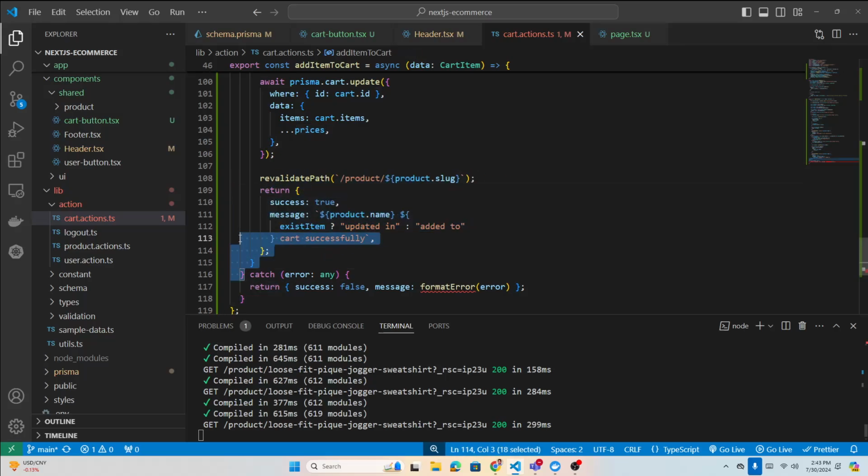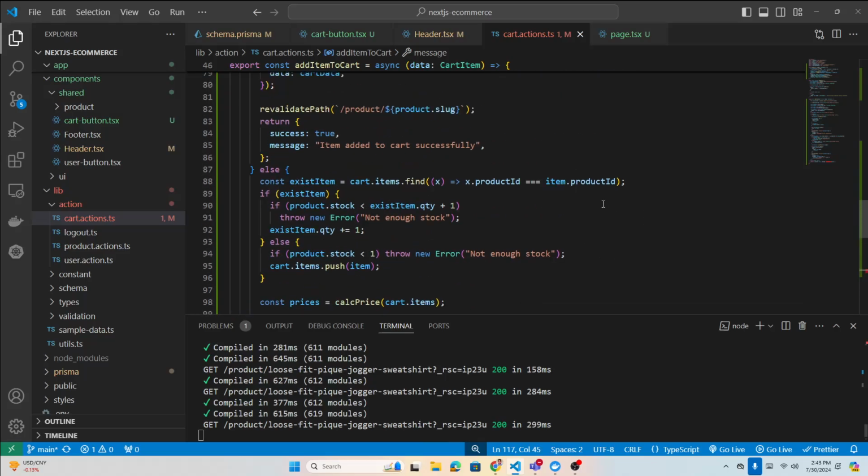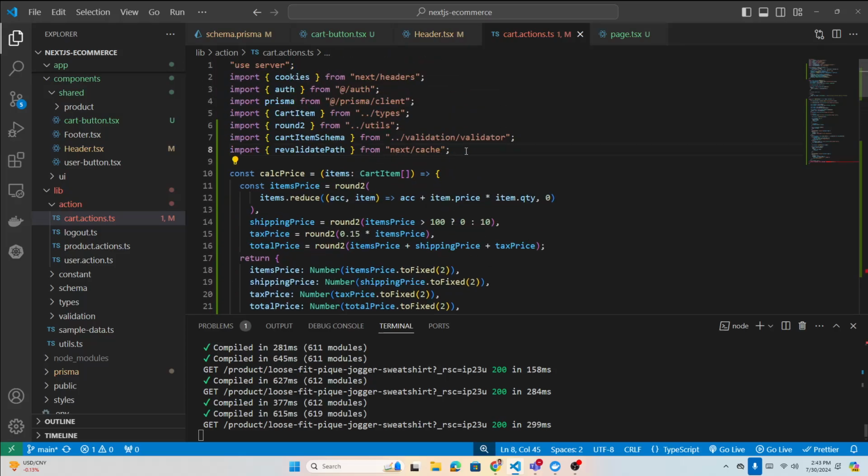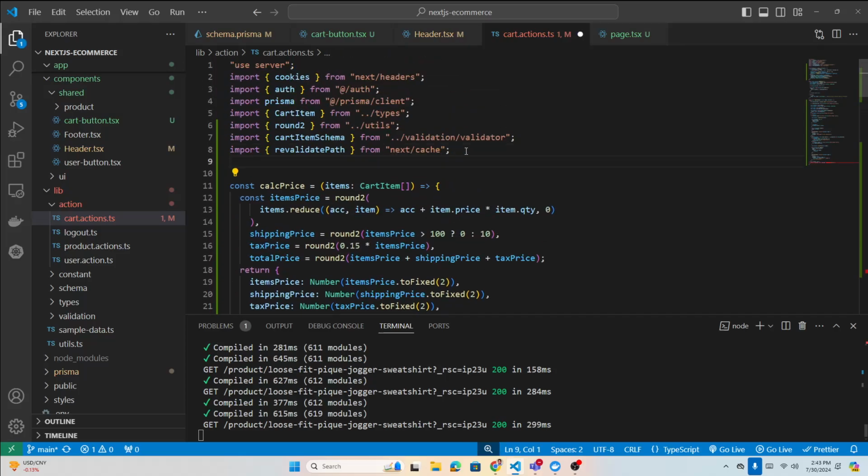That is all in the try catch block, right? Try. If there is error in the catch block, then success false and message will be format error, right? So we can import that. We have the function already. Let's import that to display the error, right? So import